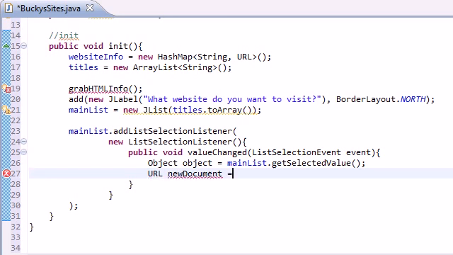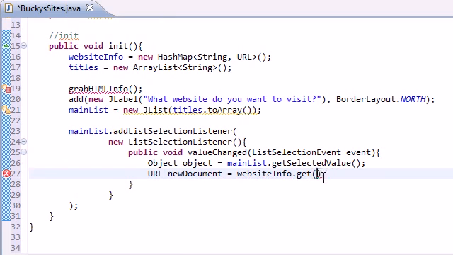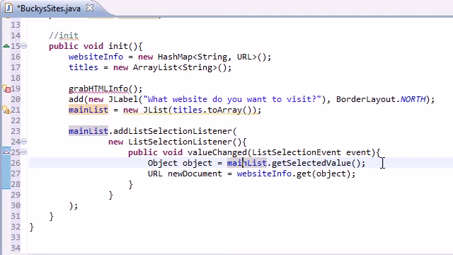Set this equal to website info, because remember, website info is the hash map that has the information of the title and the URL. So you guys are going to see once I'm done. Get object. So right now, if you guys can't tell what's going on, what we did in this line, like I